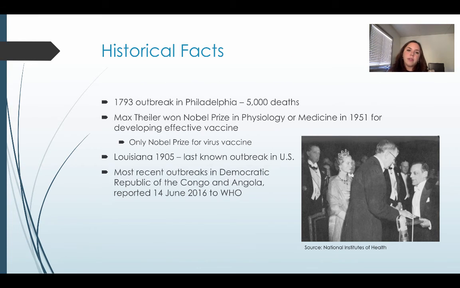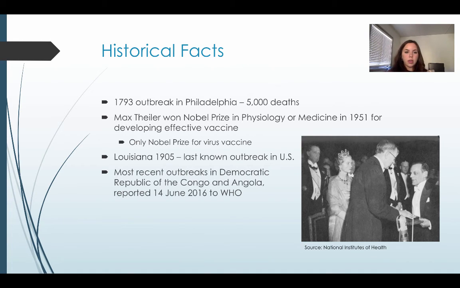Here's some brief historical facts. So yellow fever was a very feared disease in the 17th and 18th centuries because it was very misunderstood, and it was fairly common. There was a large outbreak in 1793 in Philadelphia, which resulted in 5,000 deaths out of the 45,000 population of the city of Philadelphia, which is one of the most severe epidemics that ever occurred in